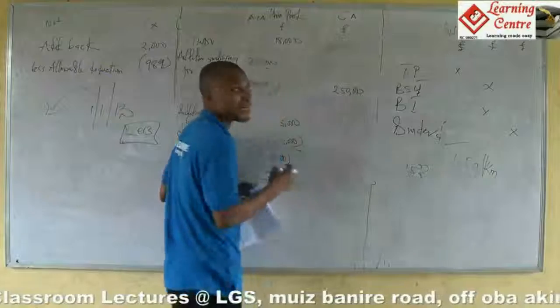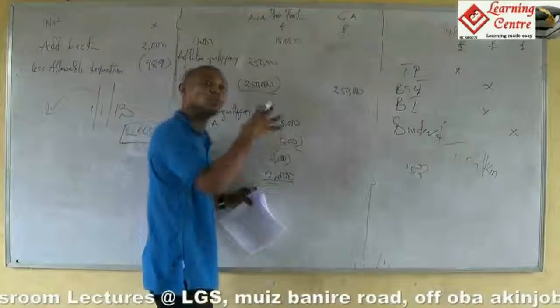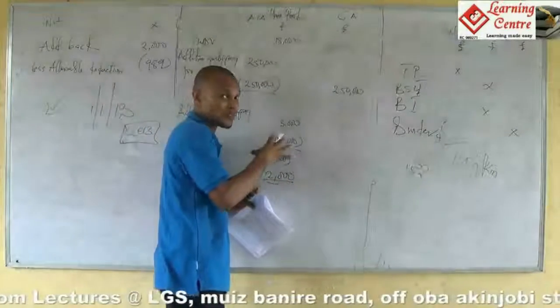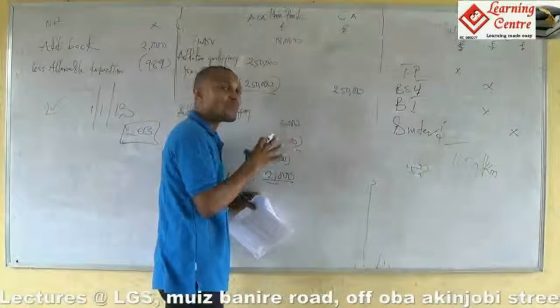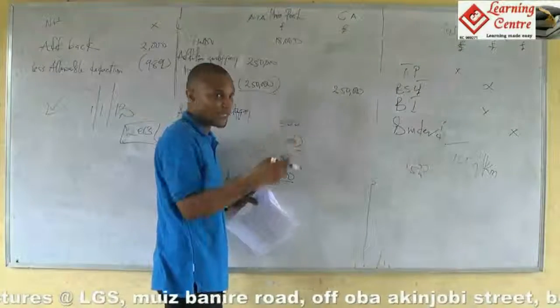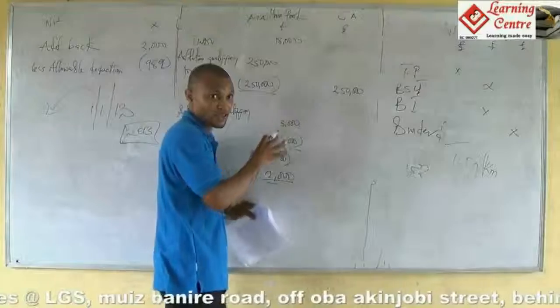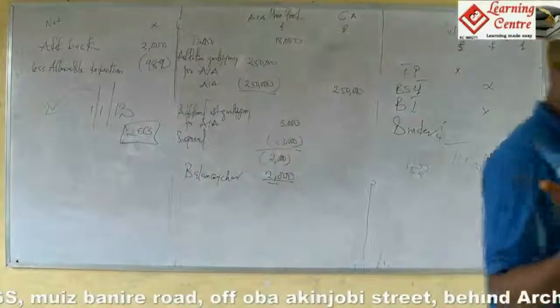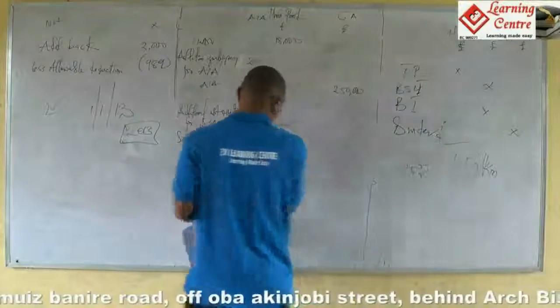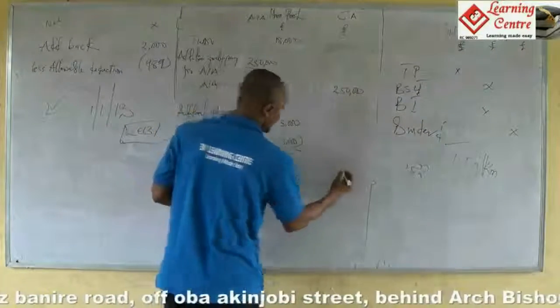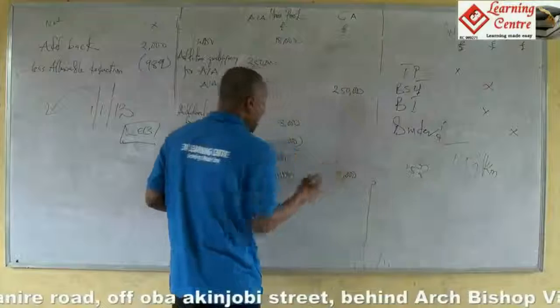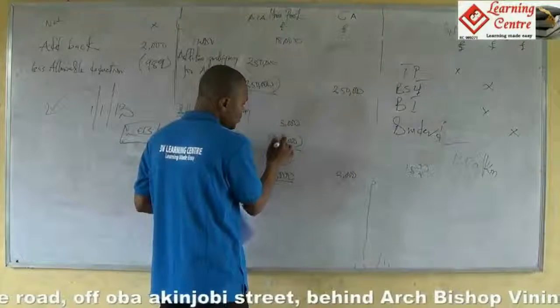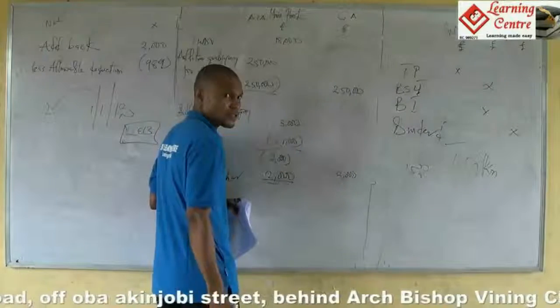You can only have balancing charge in the pool, but not balancing allowance. You can have balancing allowance at cessation. I think there's a note to that effect. At cessation. But balancing charge, you can have it in the pool. However, I think what you have here is 21. What will be the